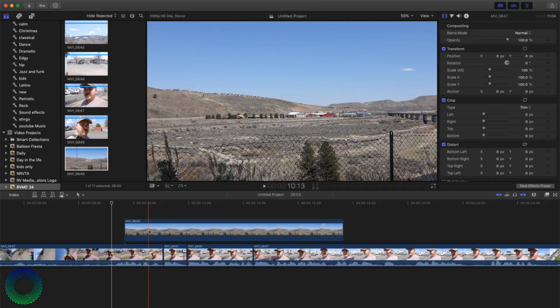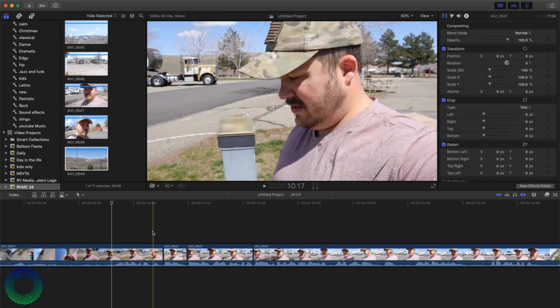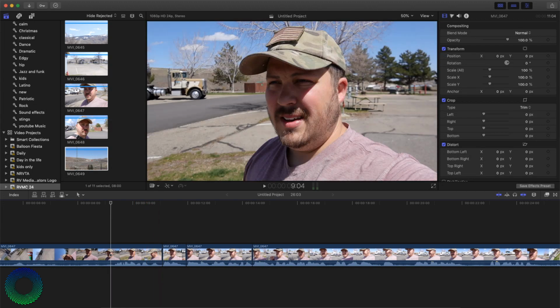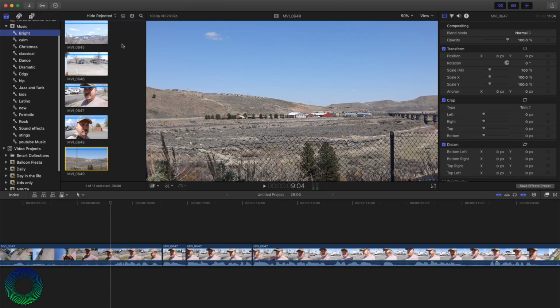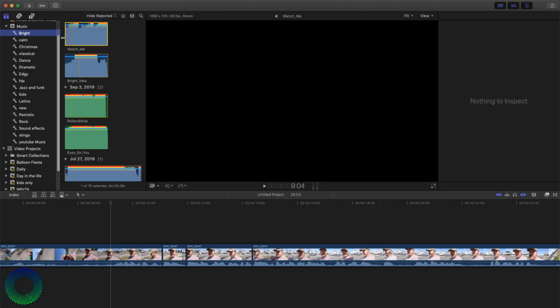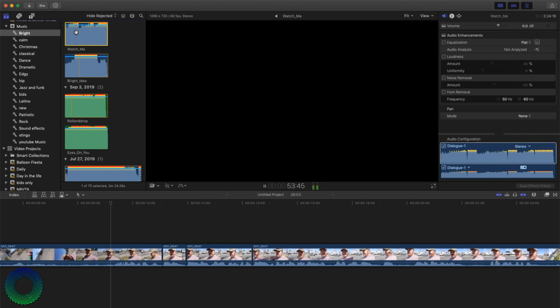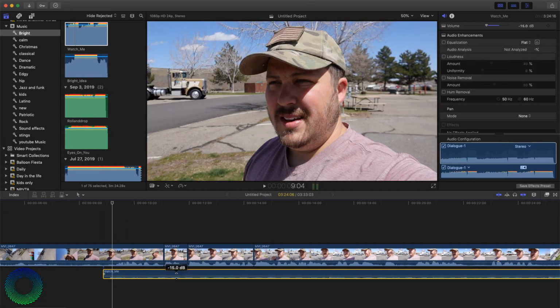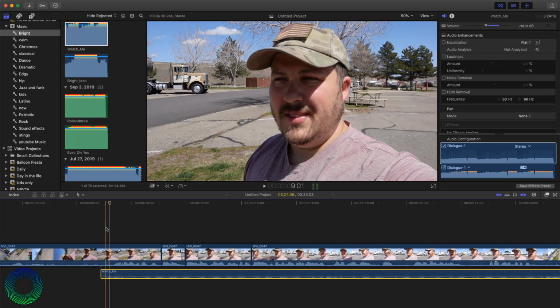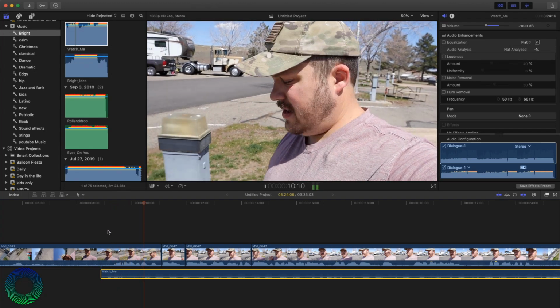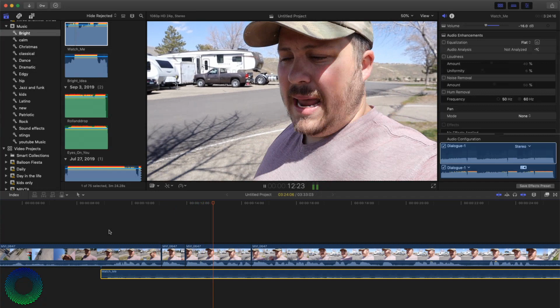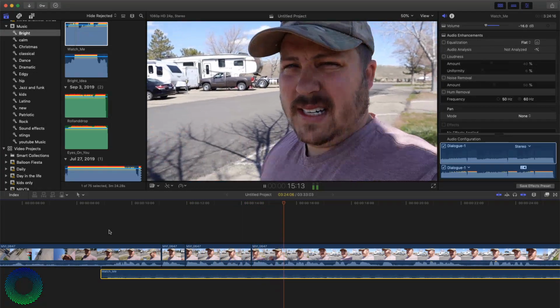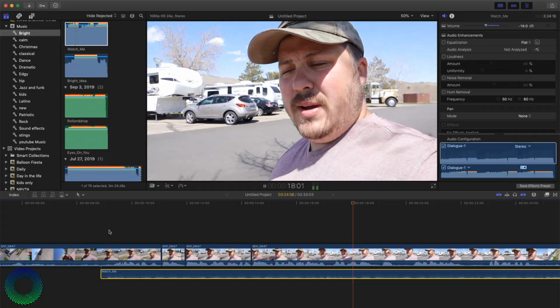Now, another way that you can cover up some of the stutteriness is, let's add some music. All right. So add some music. I'm going to pull the volume down just a bit so it's not so loud. And then when you play it, you can do a twist shot like that too. Really and truly, doing camera movements quickly and then splicing it together with another camera movement is a great way